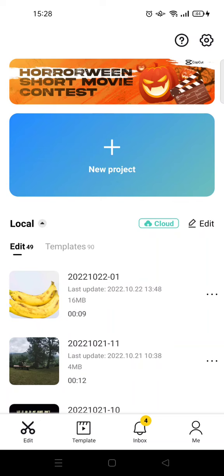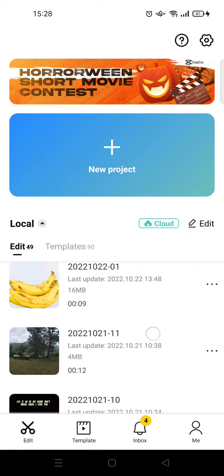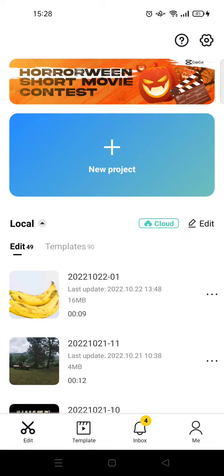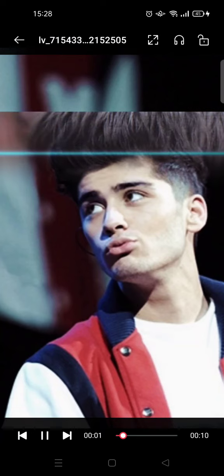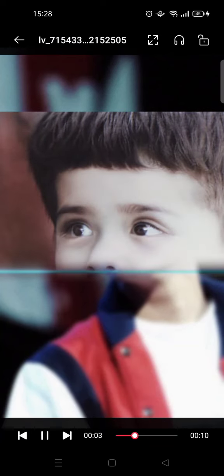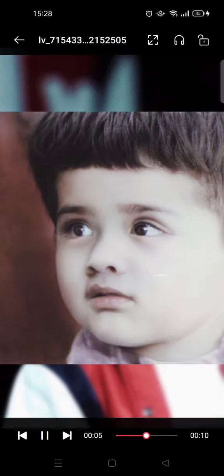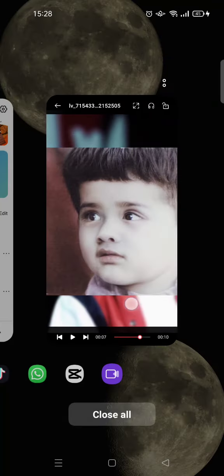So on today's video I'm gonna show you how you can make a baby face new trend on TikTok, and I'm gonna show you how you can make one by using the templates on CapCut. So here the video will go like this. So here is what the video will look like. It will go like this, and if you want to make one you can just go to CapCut and find